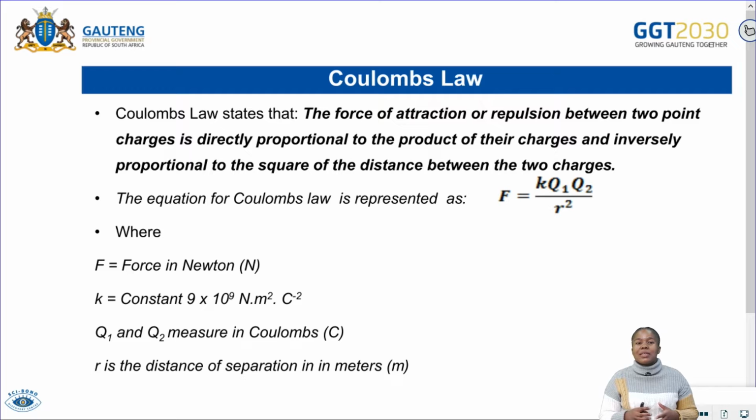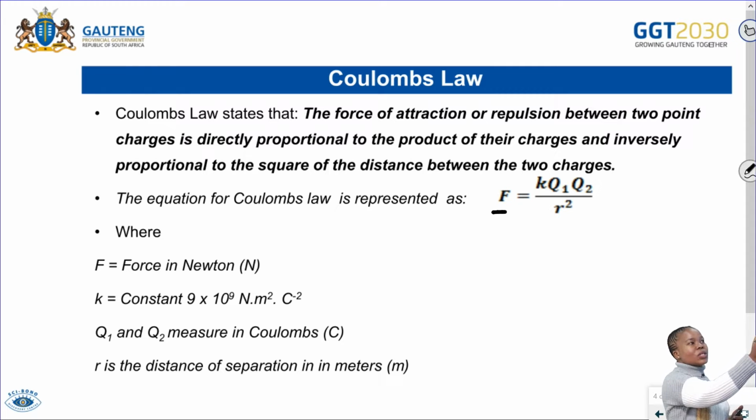This is best represented in a formula that says F is equal to K, which represents Coulomb's constant, and then Q1 multiplied by Q2 divided by R squared. Now, if we put some wording as we write our formula, you will understand that we're saying the force of attraction or repulsion, which is represented by a capital letter F, is directly proportional to the